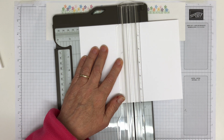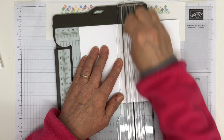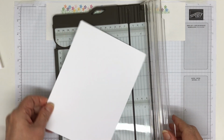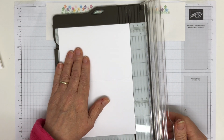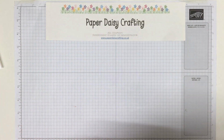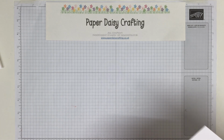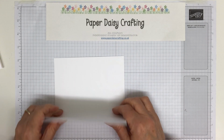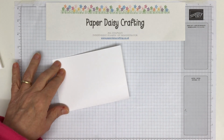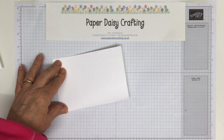So anyway, right, I'm going to score this in half. So it's half an A4 sheet. It measures, in fact, 15 today. So half an A4 sheet would actually be 14.8, but this one, I've just made it slightly bigger. It was a bit of leftover card that I had. Right, and then I'm going to burnish that, get out my bone folder